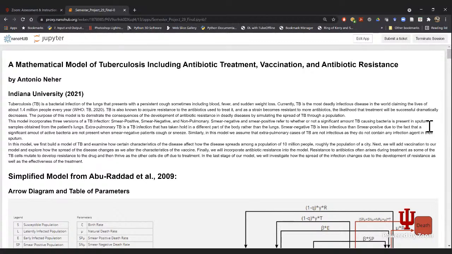One of the issues with tuberculosis is that it's actually very hard to get rid of. There is a vaccine for tuberculosis, but it's not very effective. It's not used in the United States. It is used in Europe. So whereas the COVID vaccines are at least pretty effective, the tuberculosis vaccine is marginally effective. Antibiotic treatment clears primary symptoms pretty effectively, but actually to clear tuberculosis completely, you typically have to,